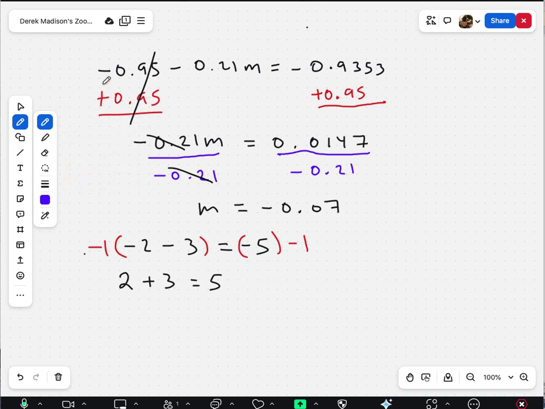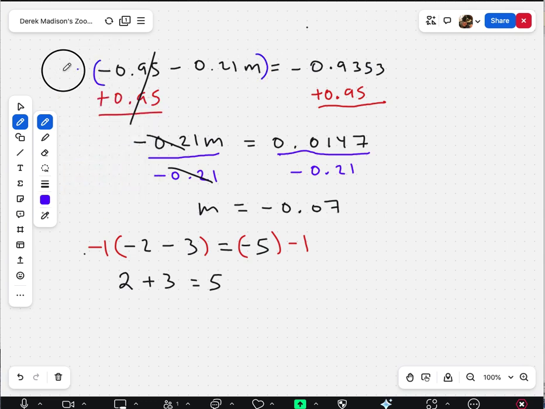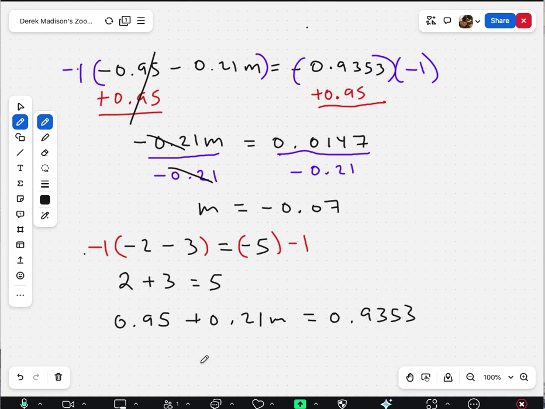So if I did that up here, we'll do that, and did a negative 1 right there, and a negative 1 right there, then this would come out to 0.95, so I'm just kind of hopping down here with it, plus 0.21m equals 0.9353. So this equation with all those negatives, and this equation down here without any negatives, are going to come out exactly the same when you bring that, scoot this up here,